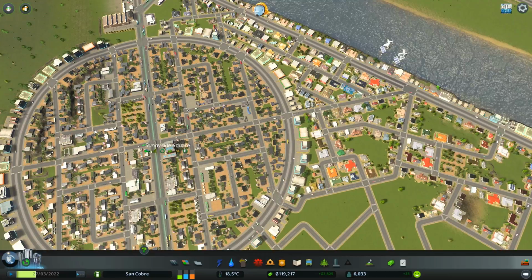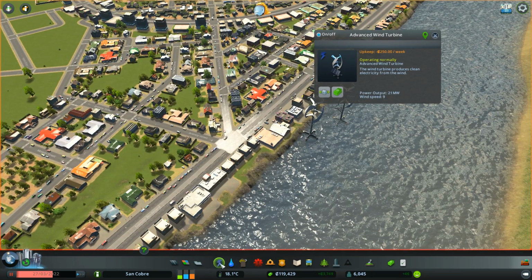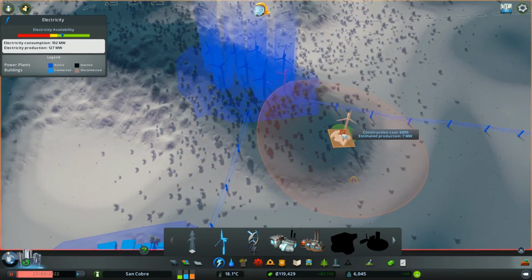And so now we've got those, let me quickly move these. I'm kind of torn between getting rid of them entirely. Right now, they produce 21 megawatts, which I believe is about the same as 3 of the normal wind turbines. It is. These can produce a max of 8. And so if we were to get rid of them, we would have to put down 6 more wind turbines